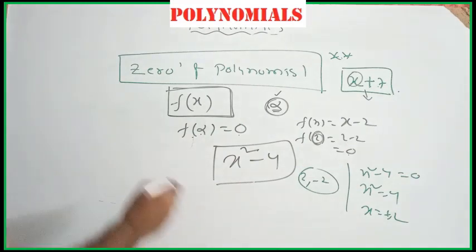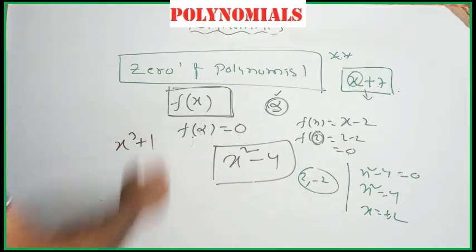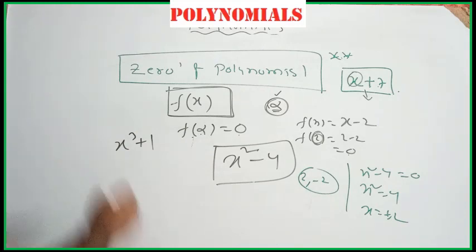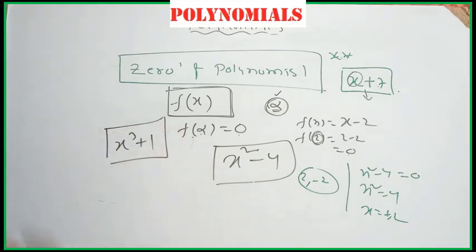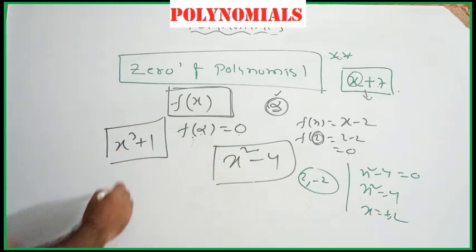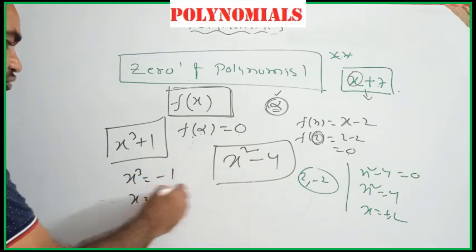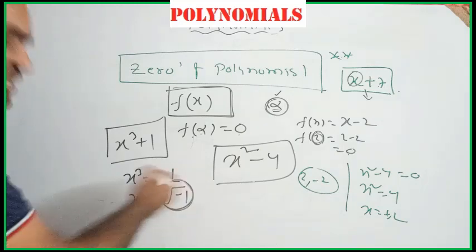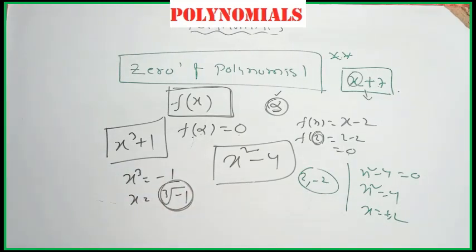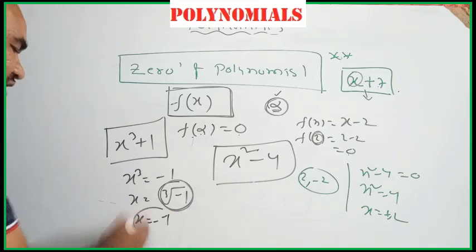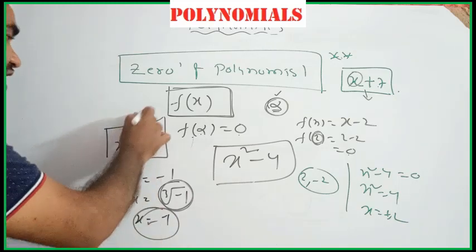So, an interesting example. Observe here: x cube plus 1 is given. What should we write instead of x so that this becomes 0? Obviously you can say that x equal to minus 1. X cube equal to minus 1, x is equal to cube root of minus 1. Cube root of minus 1 is a real number. You know that square root of minus 1 is not a real number, fourth root of minus 1 is not a real number, but cube root of minus 1 is a real number. Fifth root of minus 1 is a real number. So the value is equal to minus 1 only. So x is equal to minus 1. So I can say that minus 1 is one of the zeros of this polynomial.